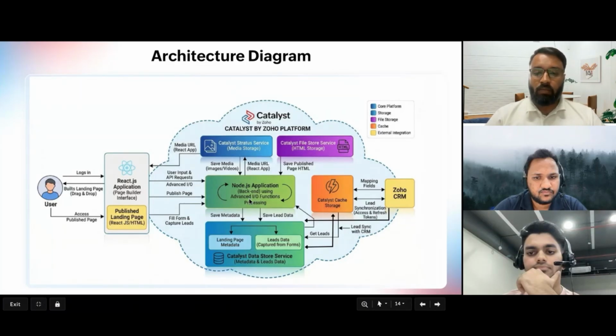Along with that, there is a data store that we have used. So all the metadata content is stored in the data store of Catalyst. And whenever a submission happens from the end user side, it will also be captured into the data store. So the data store will then interact with the Catalyst cache storage, and through that we have integrated the entire